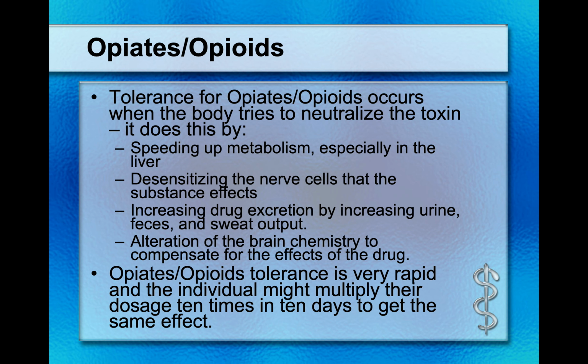They get diarrhea, whereas before they were constipated. Of course, while they're on the opiates, opioids, now, of course, their urine output is amazing. The sweat, oh my goodness, these people sweat like crazy, and they stink. Opiates, opioids, tolerance is very rapid, and the individual might multiply their dosage 10 times in 10 days to get